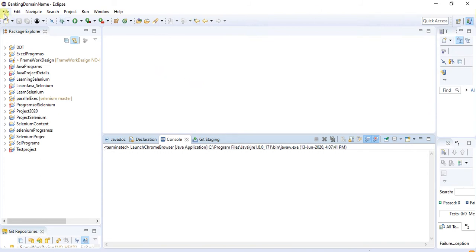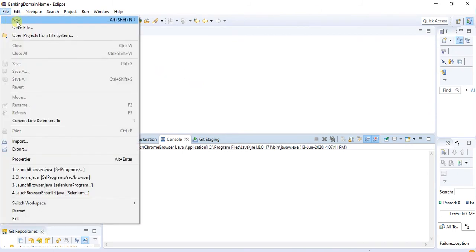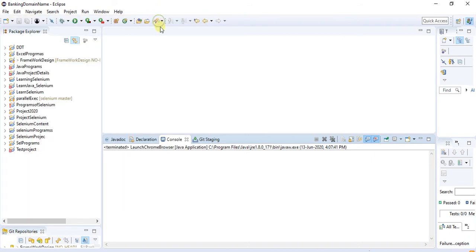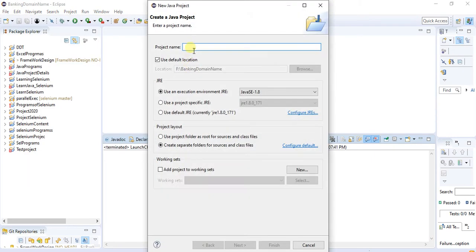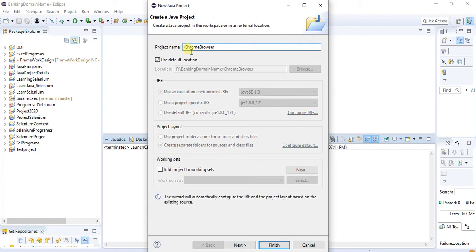Go to File and New Java project. Create one Java project over here. I will give it a name. Click on finish.